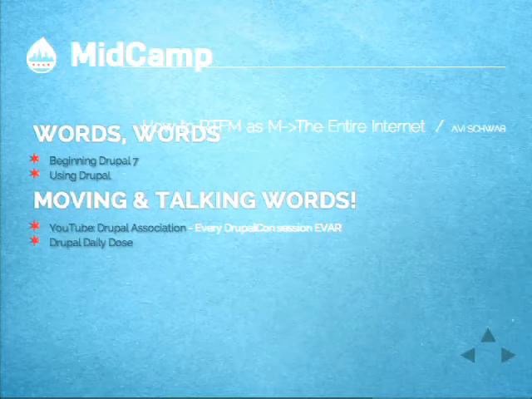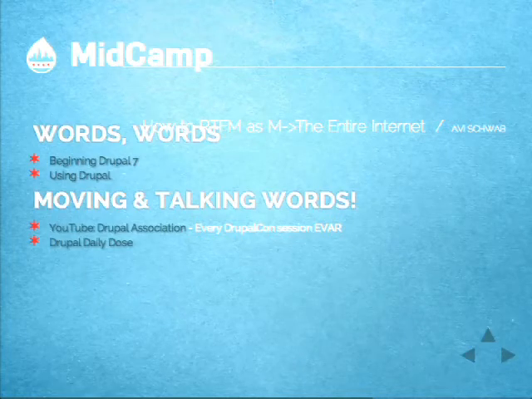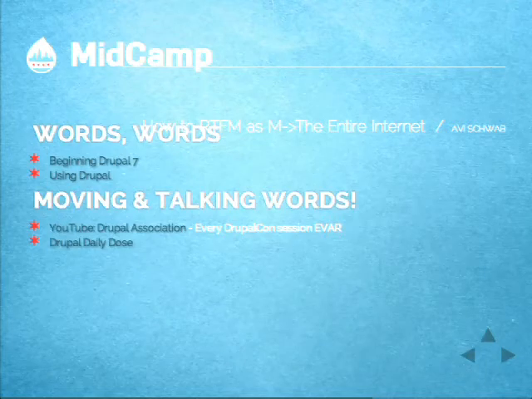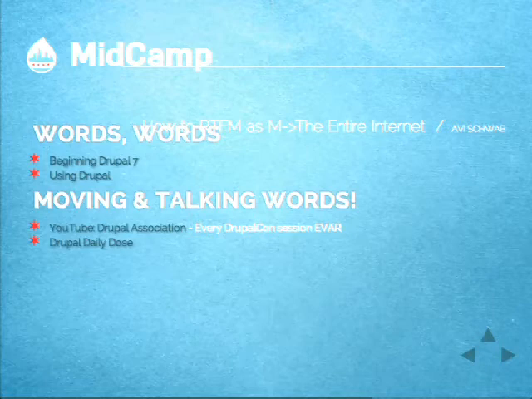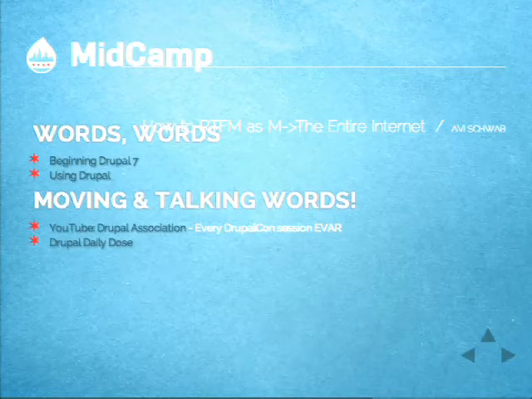So the first section is a couple books. Beginning Drupal 7 is a really great resource. It goes into the basics of how to install, how to get your first site up and running, how to do some really basic things: content types, fields, views. These are things that you've probably heard if you've just started doing Drupal. They're really powerful tools, but if you don't know how to get started with them, it can be difficult to figure out.